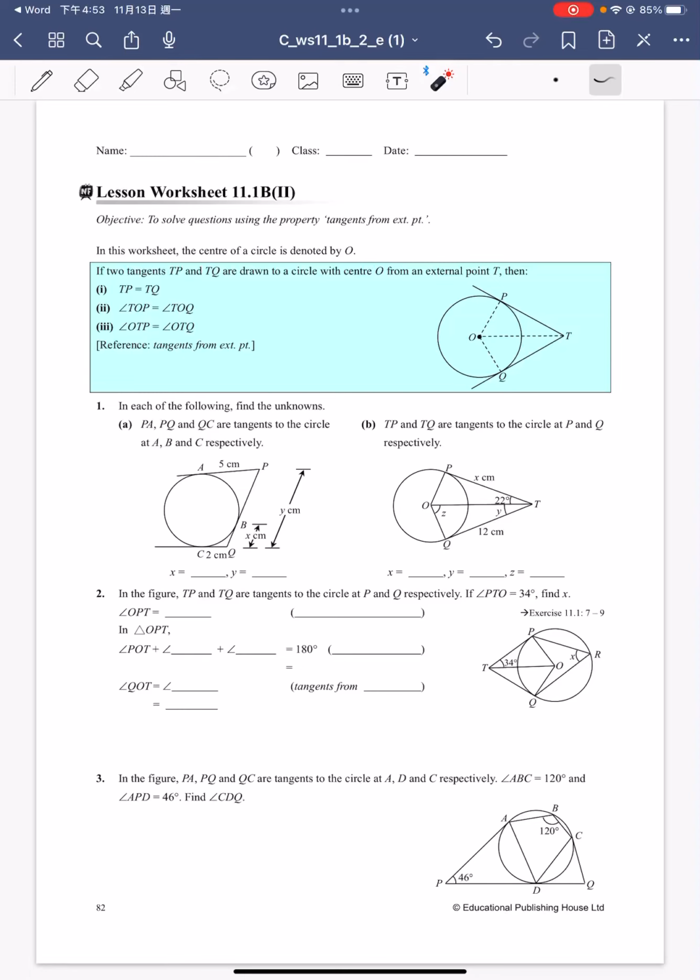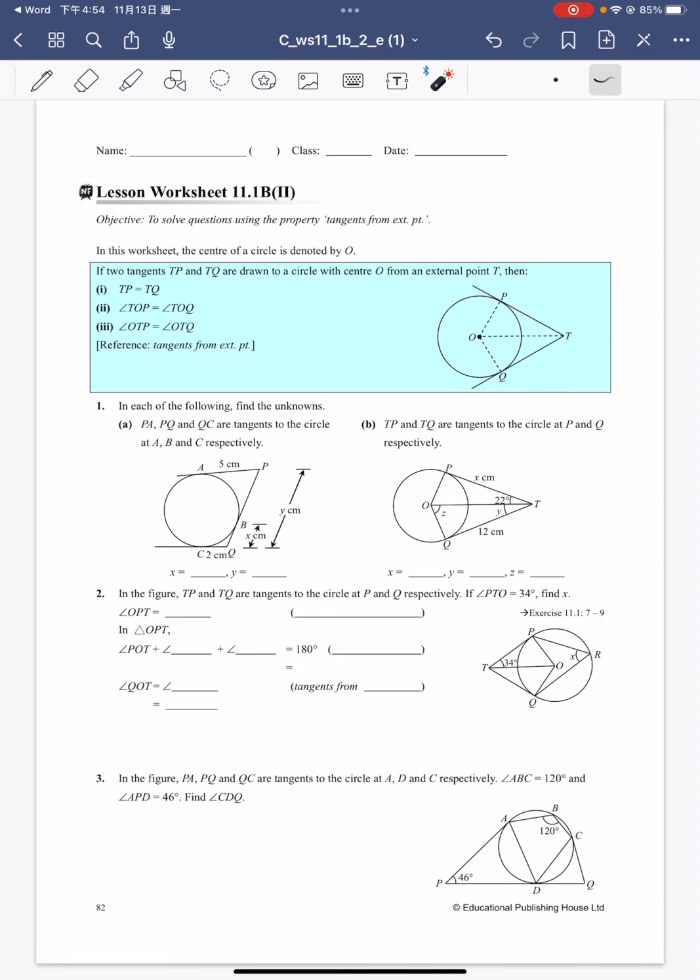Hello guys, in this video we're going to talk about worksheet 11.1b level 2. We're going to learn a theorem called the tangent from an external point. It basically means that you have a point outside the circle, which we call T. And then if we draw two tangent lines from the circle to this point T, we have three properties that are going